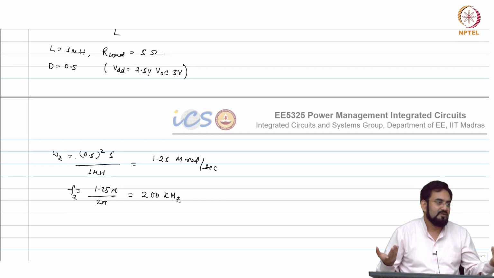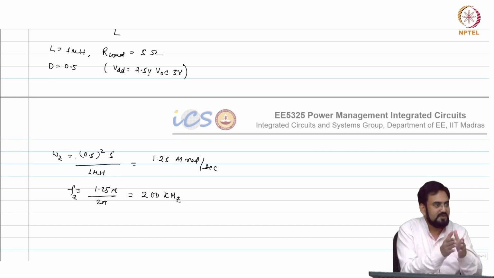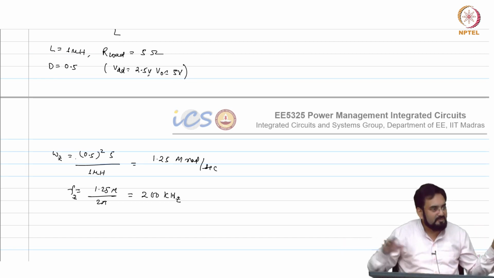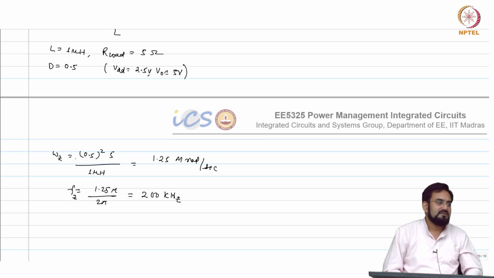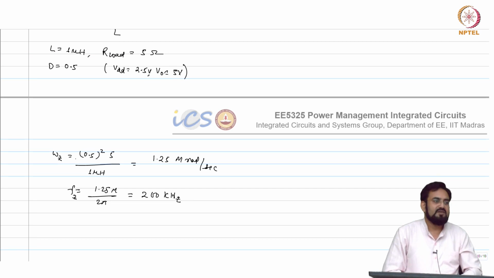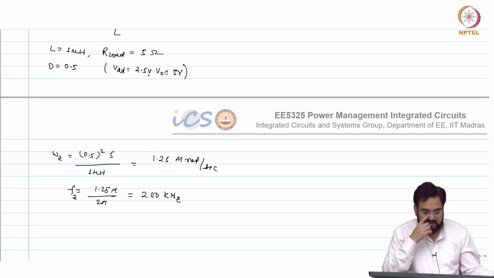Load current is not in my control, so I can limit it within a certain range, and I can define the L. Okay, this is the fixed L you can use, and this is the duty cycle range you can operate in, to ensure control of my right half plane 0. So there is a trade off between bandwidth and your range of load current and the duty cycle you can operate with. If somebody wants to cater to very high load current, then you have to limit the duty cycle, otherwise this right half plane 0 will start making problems. Okay, any questions?